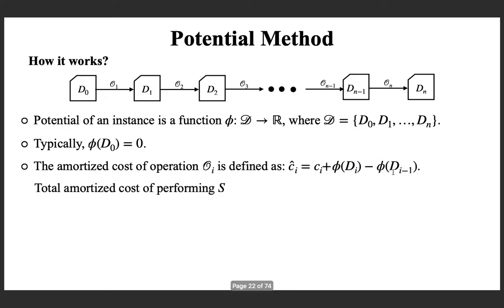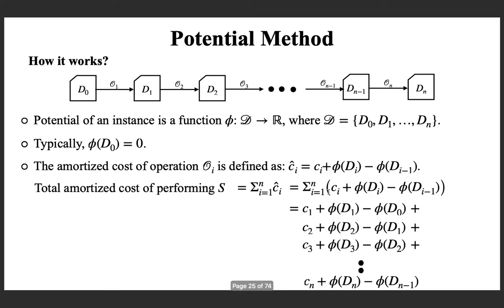Now, what will be the total amortized cost? You just find the sum of all amortized costs, summation i from 1 to n of this quantity. You expand, and this is exactly what you get. Suppose you expand this summation for each value of i, it looks like C1 plus potential of D1 minus potential of D0, plus when you look at C2, it is C2 plus potential of D2 minus potential of D1,